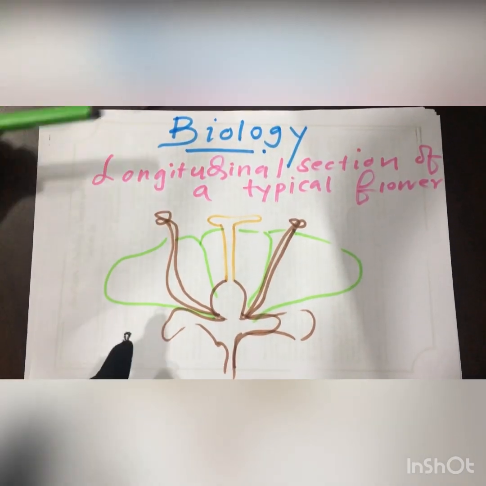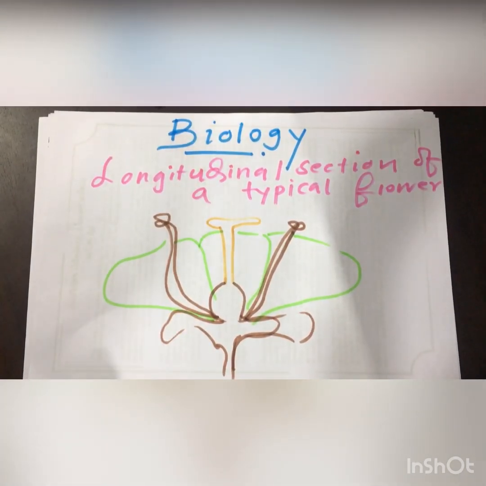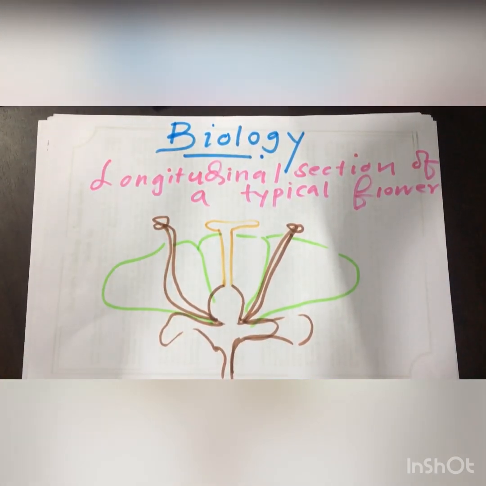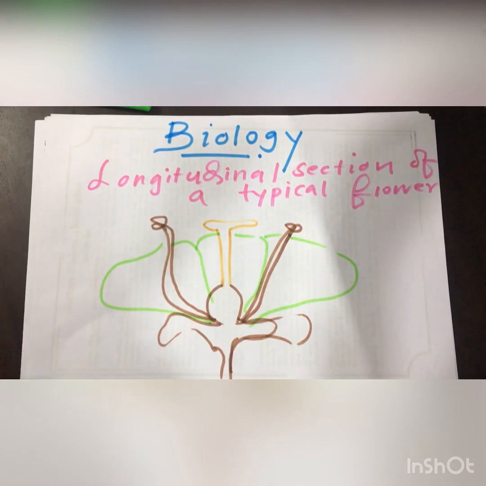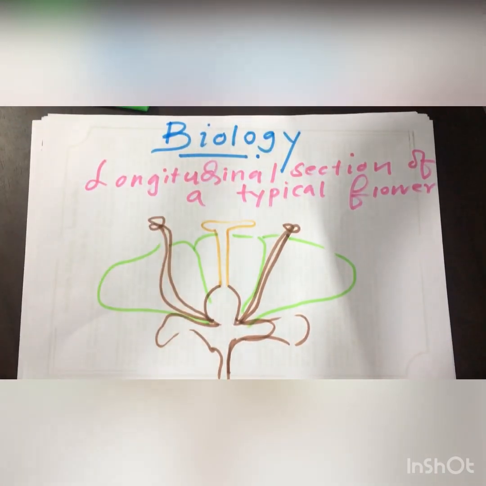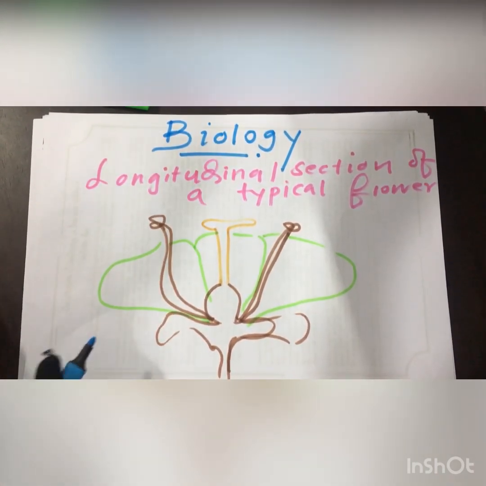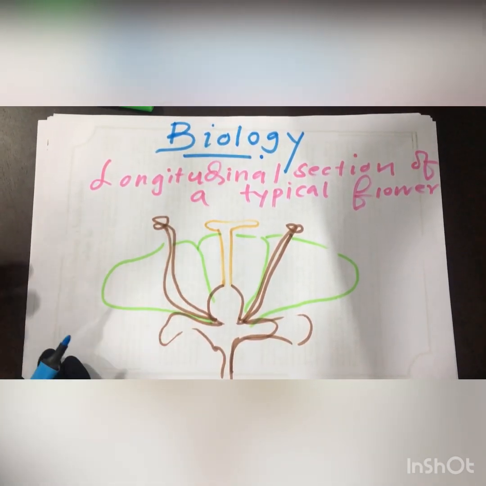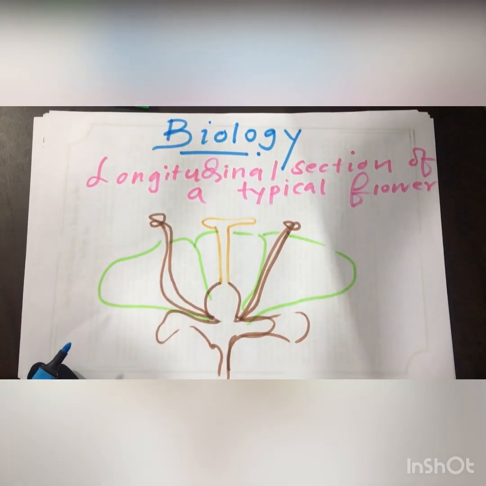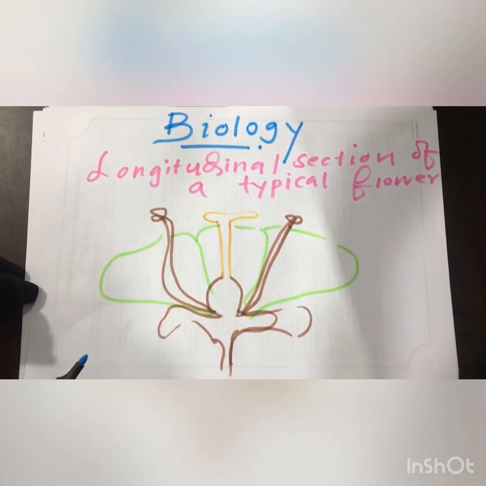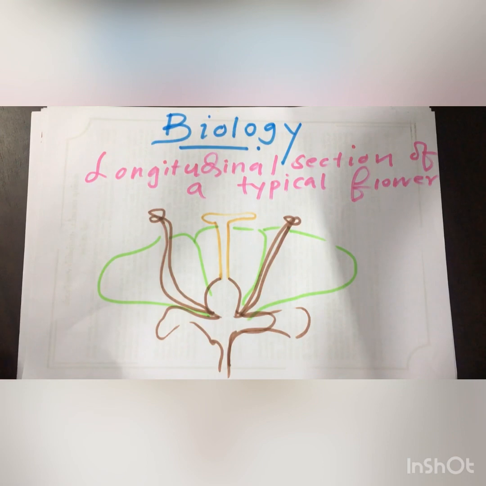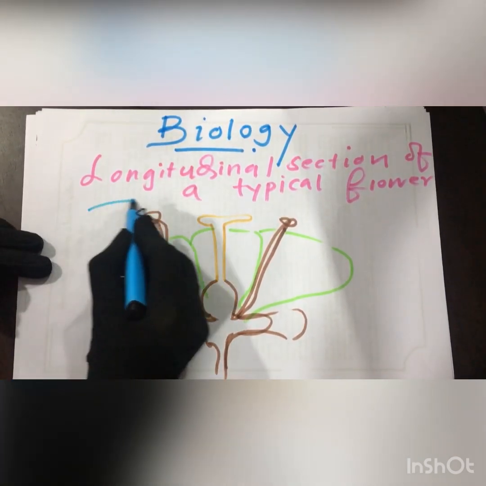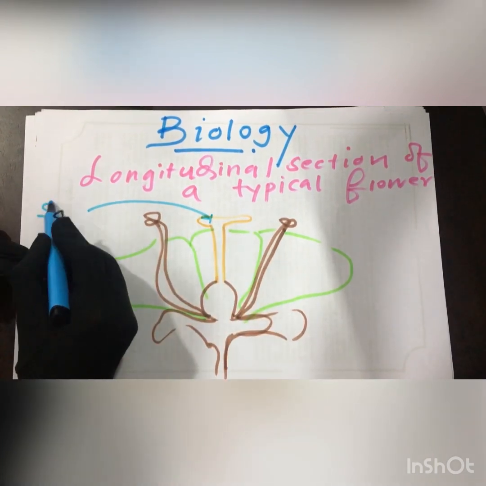This is a simple way of drawing a typical flower. If you draw it like this, you can mark all the structures that are present in a typical flower, and this is a very basic part in biology for those who are studying from primary till the O levels. You all can use this structure to draw the typical flower and name all the parts in a typical flower. So this is the stigma of the flower,